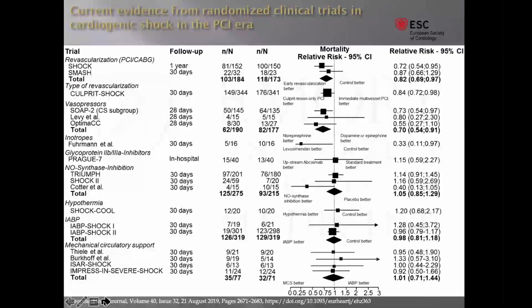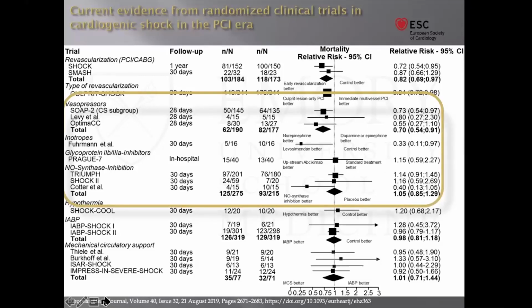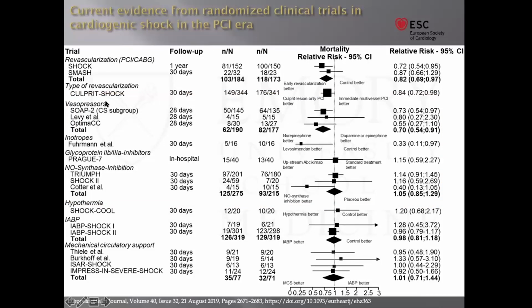This is a very busy slide, but basically the message here is that there isn't a whole lot that we have in clinical trials that are clearly shown to be better in the setting of shock, except for a few things. So if you look at these specific trials, and this may have come up a little funny, but CULPRIT-SHOCK, let me go back here a second. CULPRIT-SHOCK is a recent trial that said, we know now that focusing on the culprit lesion for an MI, those patients are going to do better than if you're immediately going in and trying to revascularize everything.